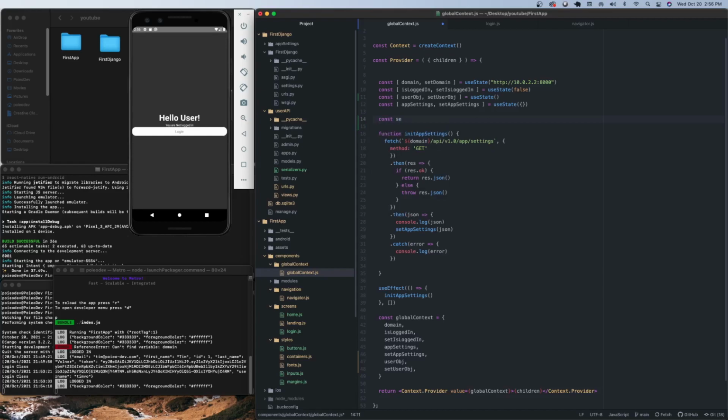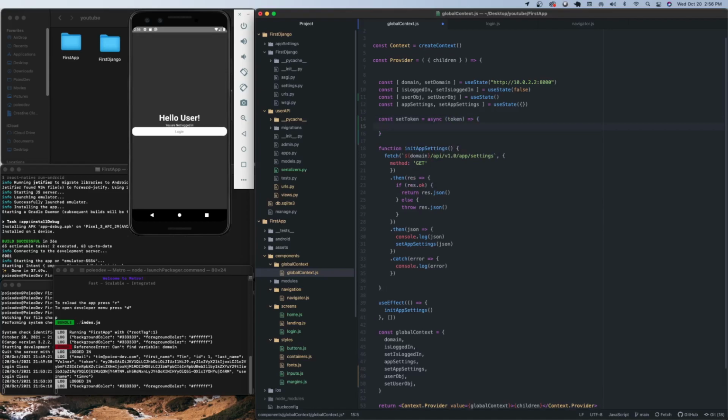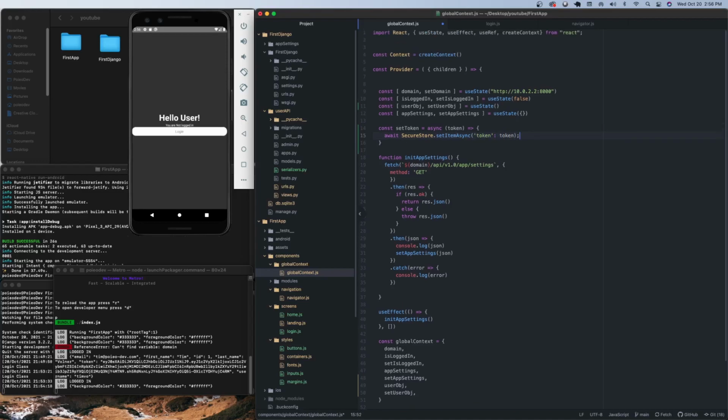So set token, and we're going to do an async token. And we're going to do await secure store dot set item async, name token and token. Now we need to import secure store, so we're going to do import star as secure store from